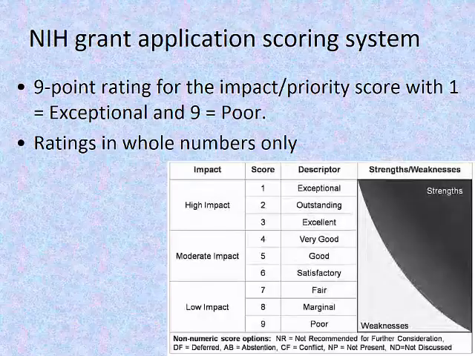Okay. And so this is just a schematic of the scoring system. So we're supposed to give 1s to exceptional proposals, 2s to outstandings. For the seasoned veterans in the room, anybody see anything get funded below a 2? No, I still have this thing going. I haven't. So at the end of the day, what they do is they take your score and they multiply it by 10. So I've never seen a grant with a score of 30 or more get funded.